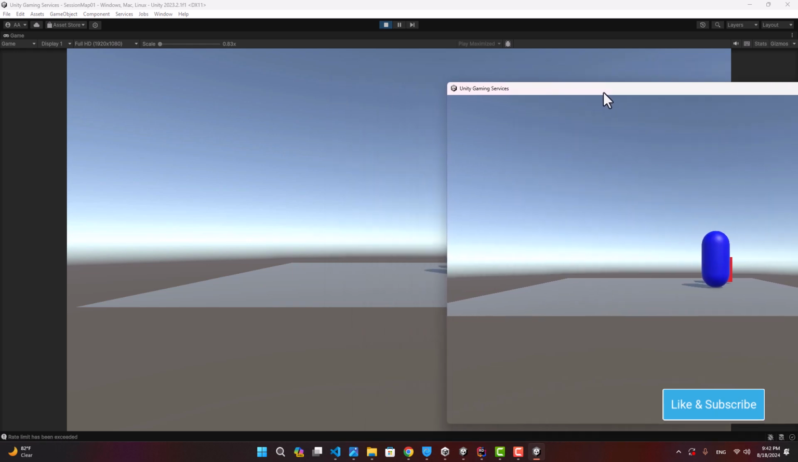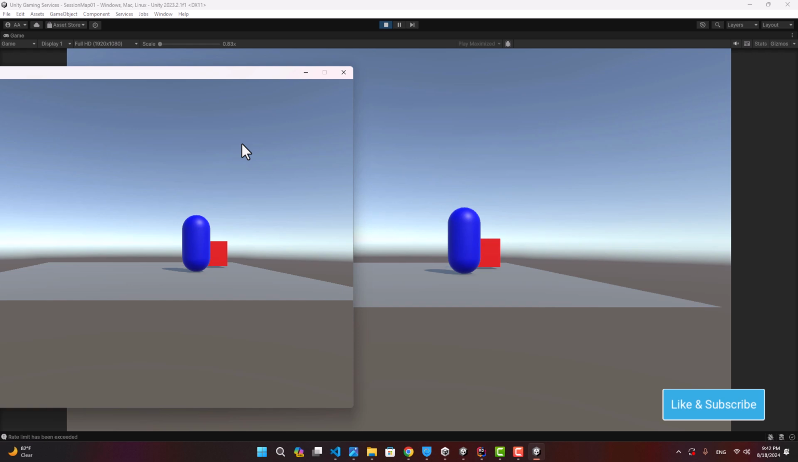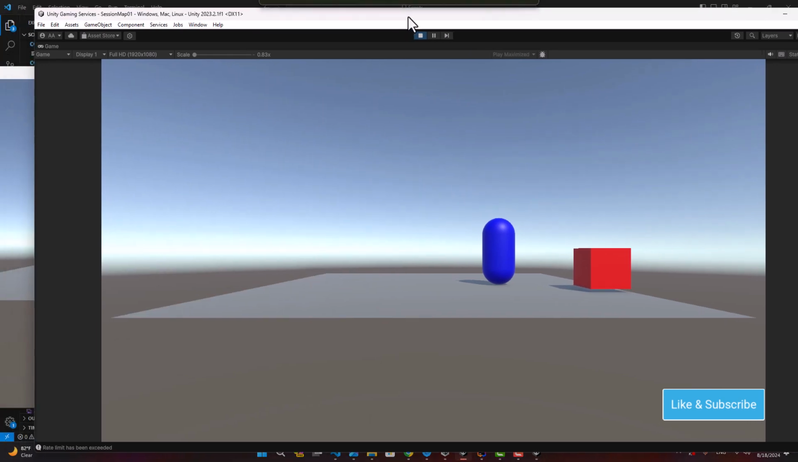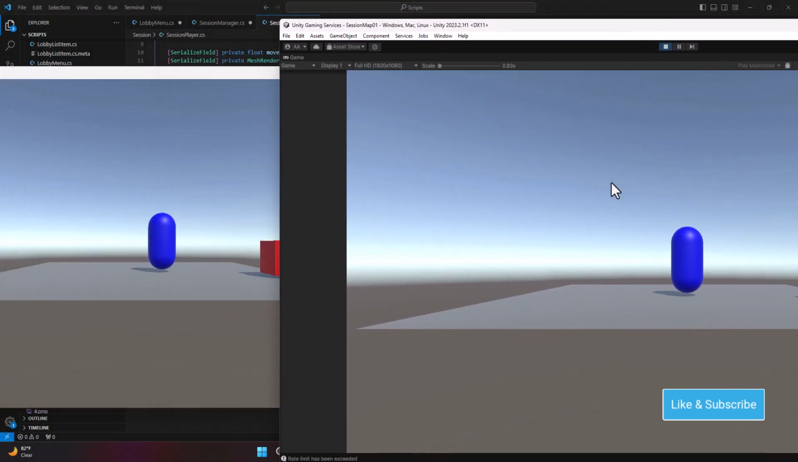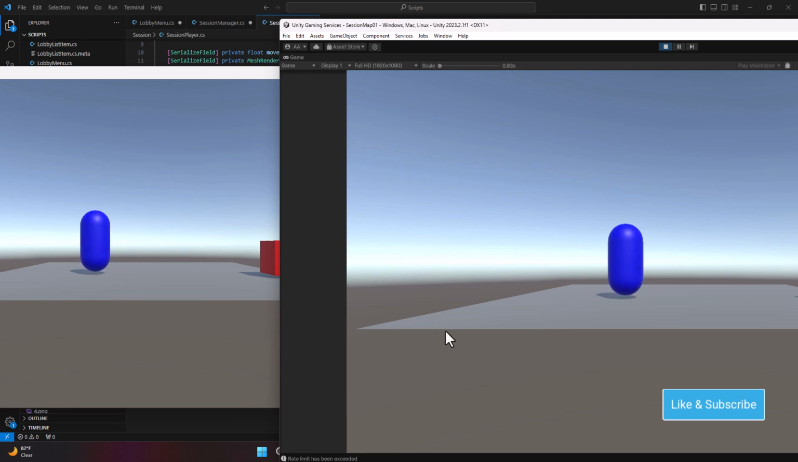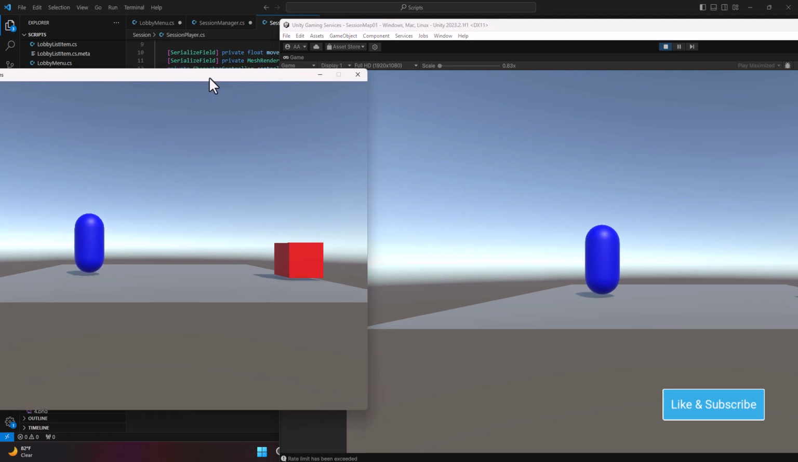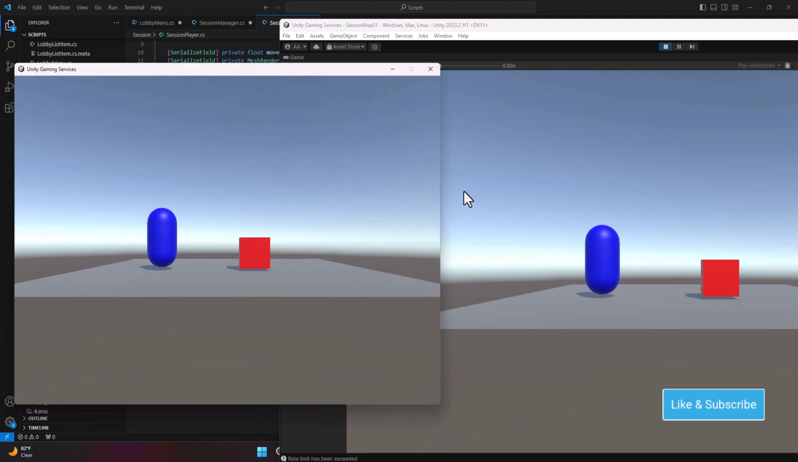And now we have both characters in the game. As you can see, I can move around the box on this client, and I can move around the capsule using this client. Of course, it has a delay because I am using the same machine to run both clients, and these clients are connected with each other through relay service, and there is no dedicated server. Basically, one of these two clients is the host and acting as the server, and data is being transferred between them using relay. Of course, this project still needs some polishing, but this is basically how you could implement relay